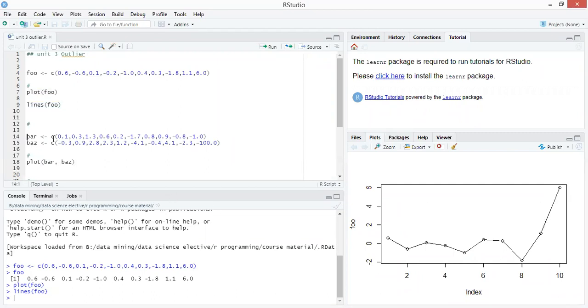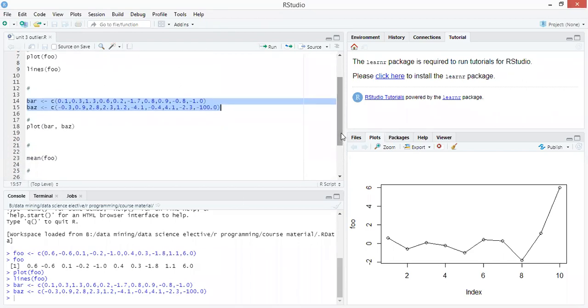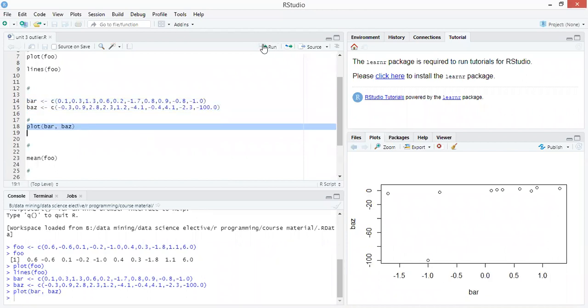Now we'll take two vectors, the vector bar and the vector bars. These are the two vectors. Then we take a plot between these two variables.